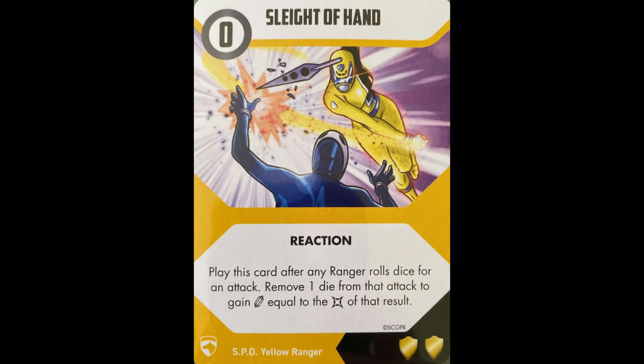Our second combat card is Sleight of Hand. It's a 0 cost reaction card with 2 shields for defense. Its ability says play this card after any ranger rolls dice for an attack. Remove 1 die from that attack to gain energy equal to the damage of that result. So this card, the ranger rolls 3 dice, let's say, they get 1 blank, 1 regular, 1 critical hit. You could play Sleight of Hand to